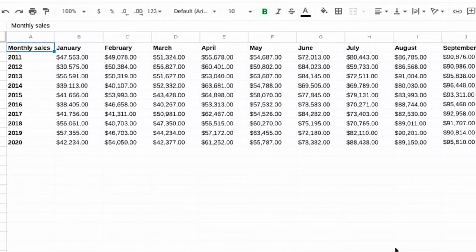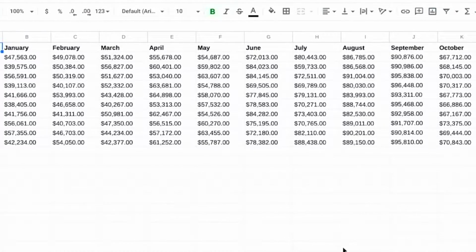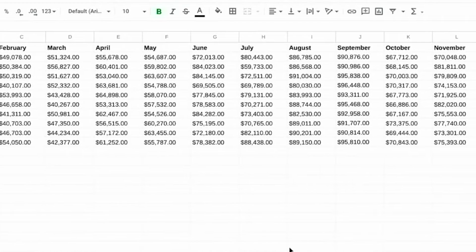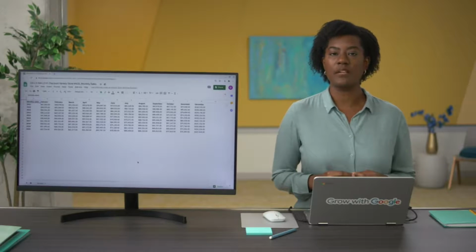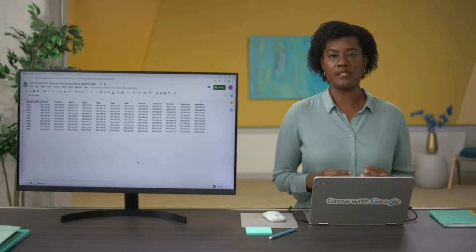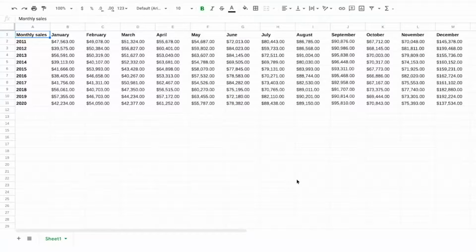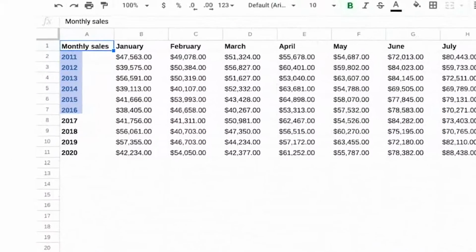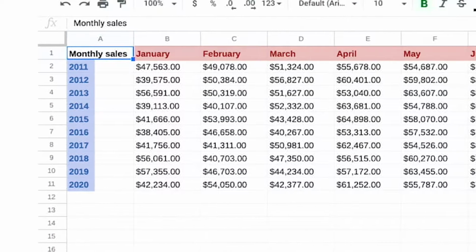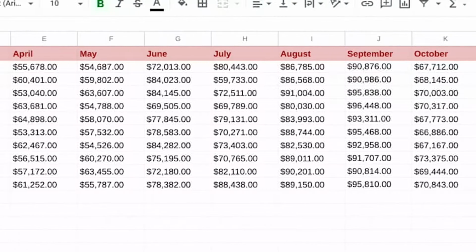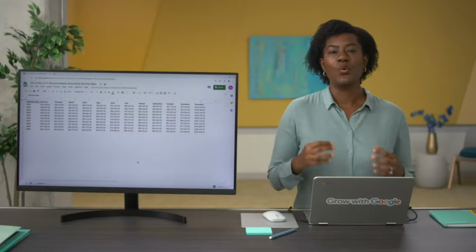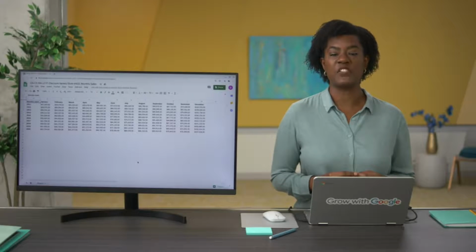Okay, let's try out some calculations with sales data from a discount store chain. We'll look at data from one of the stores in the chain. Our objective: use the existing sales data to find any trends. This is a great way to see a lot of the ways formulas can be useful in your analysis. We'll start by finding annual sales over the years 2011 to 2020. The data is already organized in columns by month and in rows by year, but we don't have the total sales for each year yet.